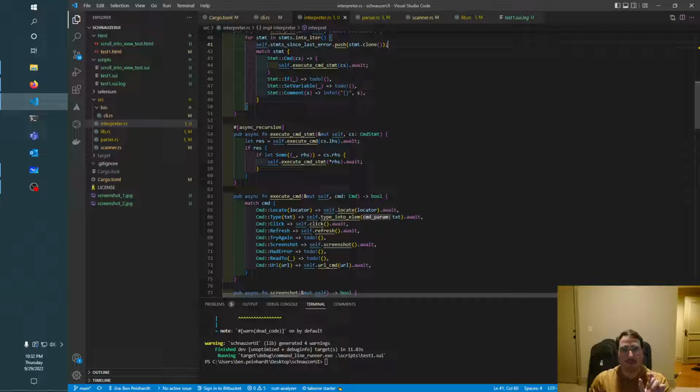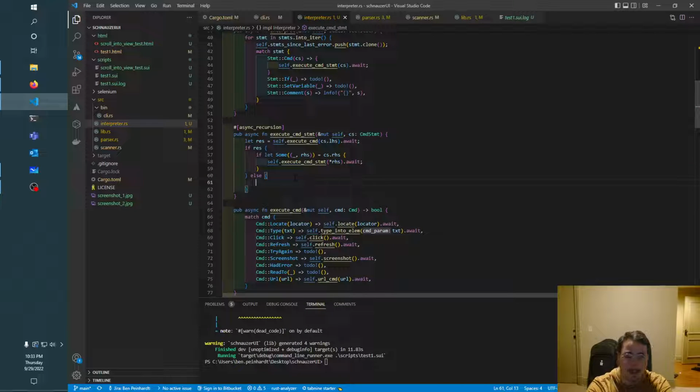Right, we want the error out to happen on command statements where you join them with an and, but not on if statements, set variable, or comment. So if the execute command statement returns true, meaning it was successful, then maybe we might go on to the other one. But if it does not return true, right, if that command statement failed, then what we want to do, we want to have some sort of message